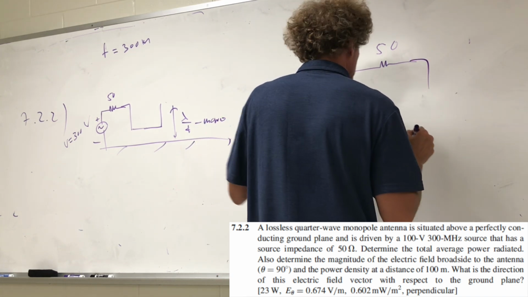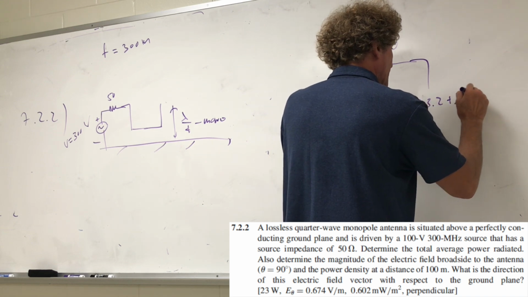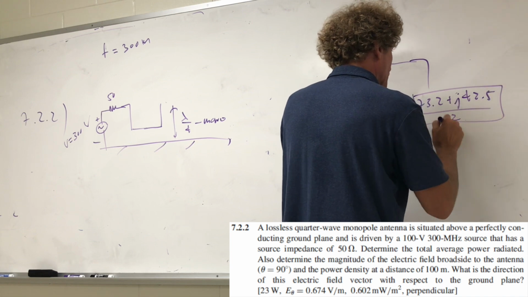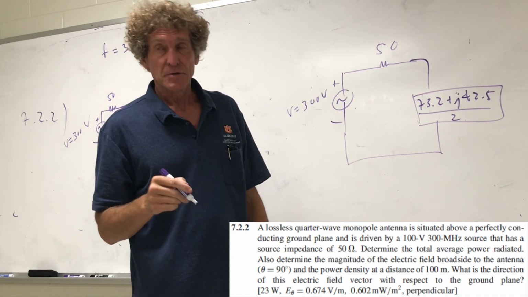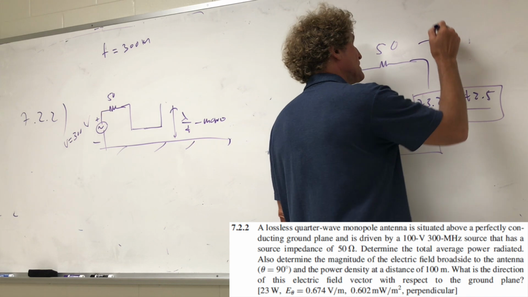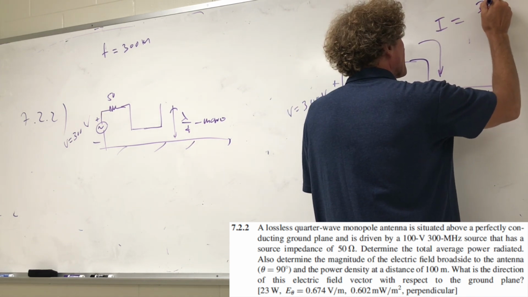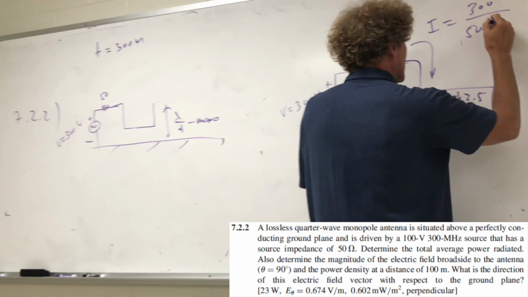That's a monopole, so it has 73.2 plus J 42.5 divided by 2 ohms. Y'all with me? So the first thing we're going to get is the current through here. So what is the current flowing through there? Well, it would be 300 over 50 plus that,